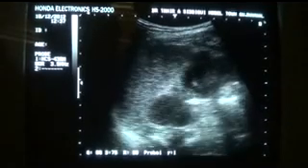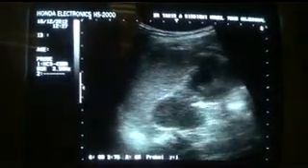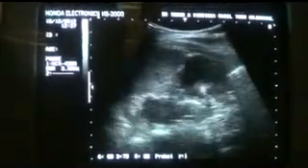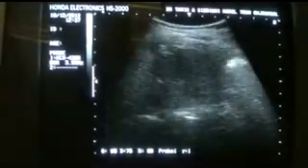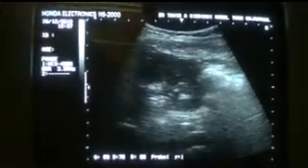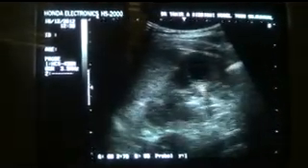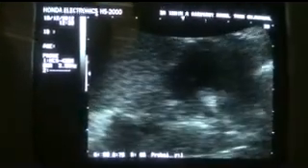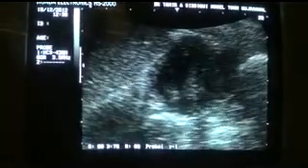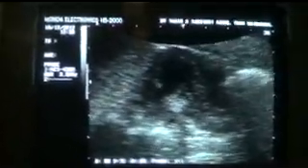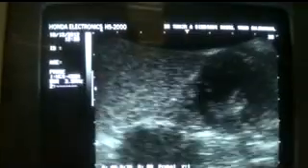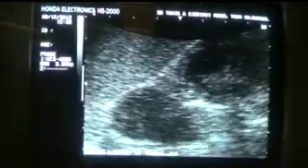So this is a complicated case relating to the left kidney of this patient. See this in magnification. And see the other area in magnification,